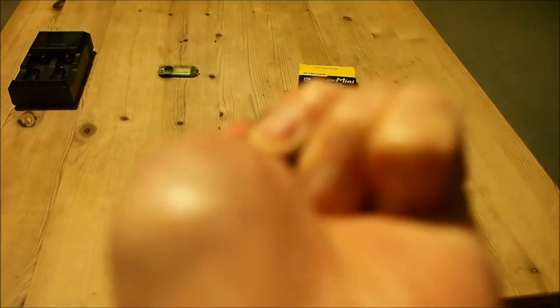Okay, I'm going to turn it off now. If we tilt it up at a 45-degree angle and turn it on, it gives us the second brightest setting. So you can see it's slightly brighter than it was before. Okay, now to get the third level of brightness, I guess you have to angle it up till it's almost